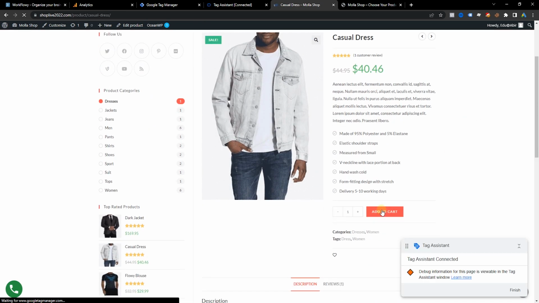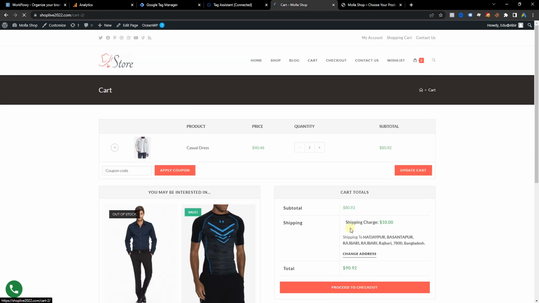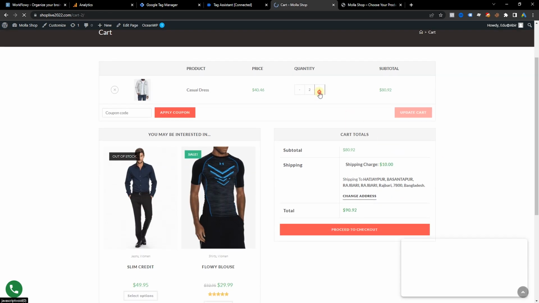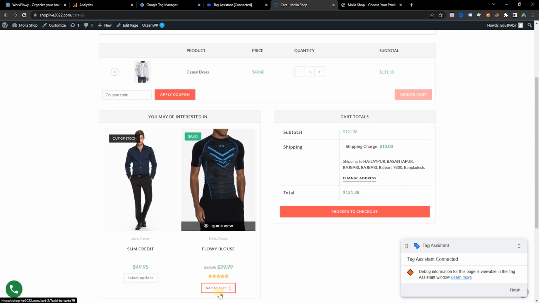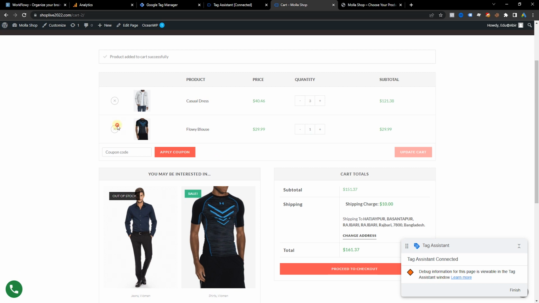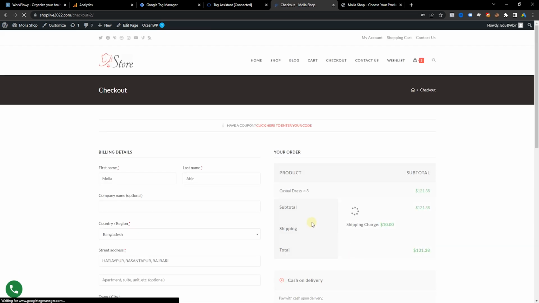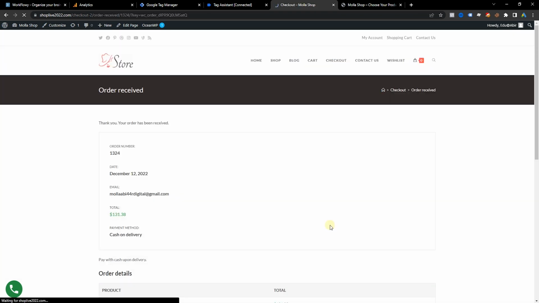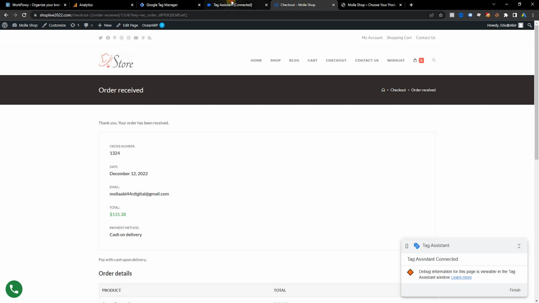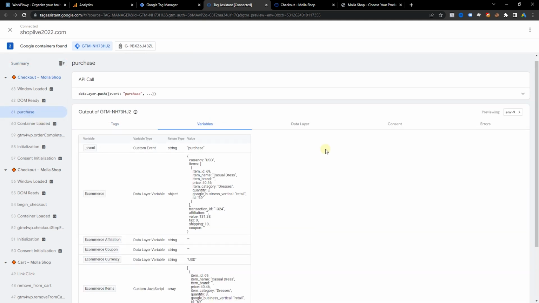any product, create some events: view item, update cart or add to cart, remove cart, push it to checkout, and now purchase. If I go to our Tag Assistant, as you can see, here our purchase is successful, our variable